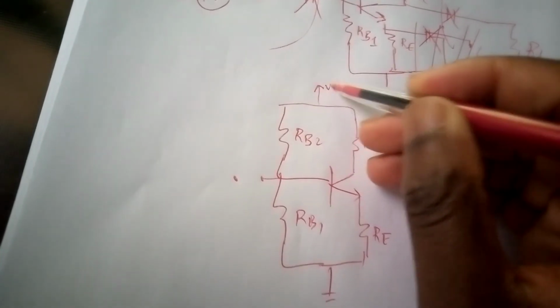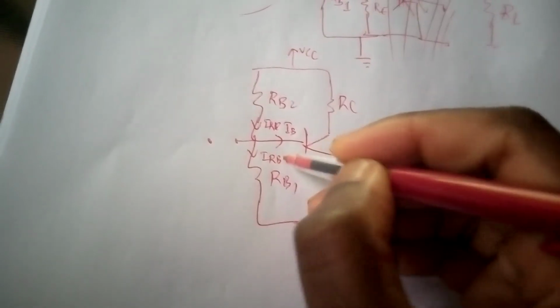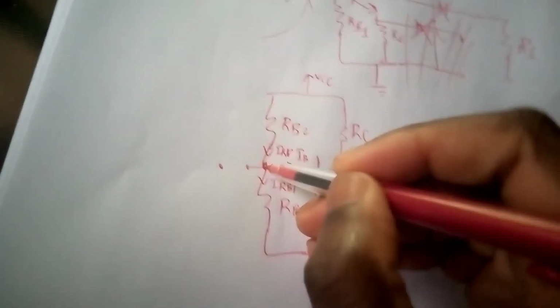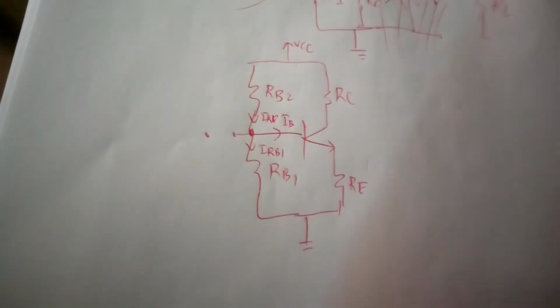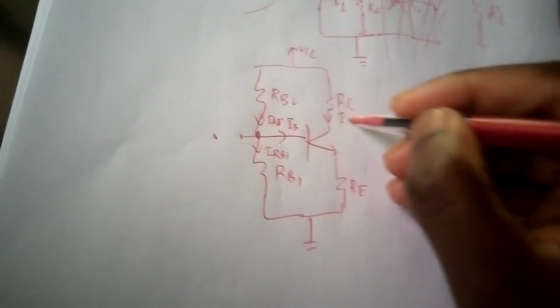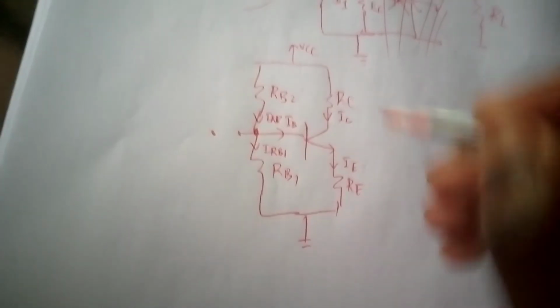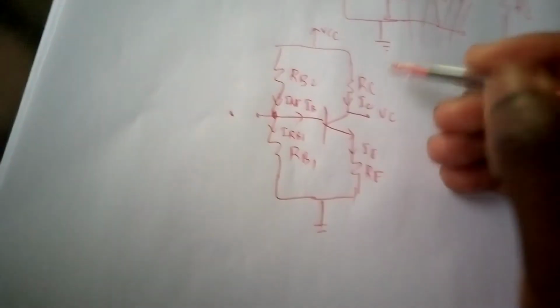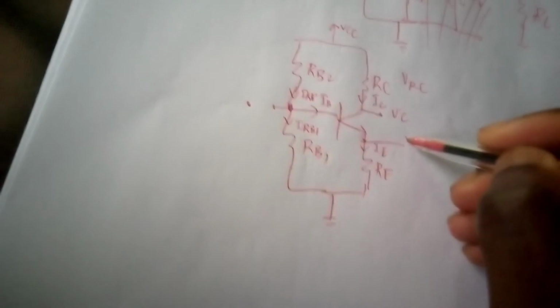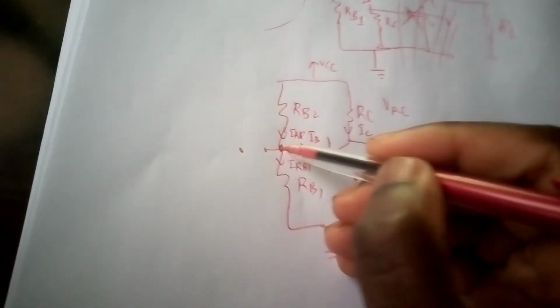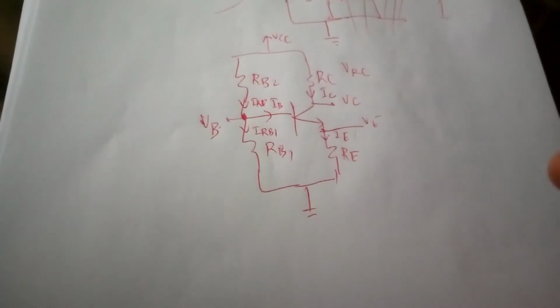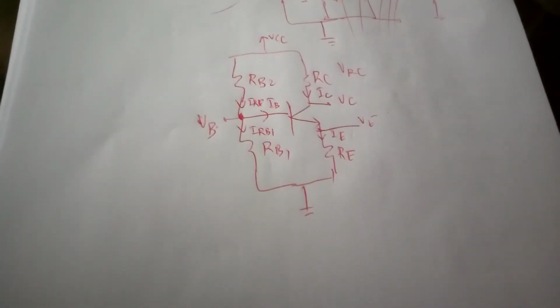Okay, so then you do your DC analysis, meaning you get your IB, you get your IRB2, you get your IRB1 if need be, by applying Kirchhoff's current law there. There are many methods. I'll show you two methods, the long method as well as the short method. You get IC, you get IE, you get the different voltages, VC, VRC, you can get VE, which is the emitter voltage, you can get V at that point, VB, etc. But when you do your DC analysis, you abstract the capacitor as behaving like open circuit.